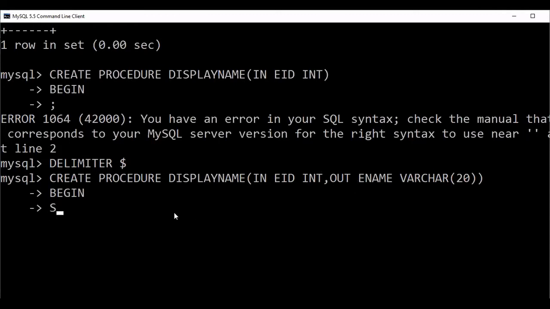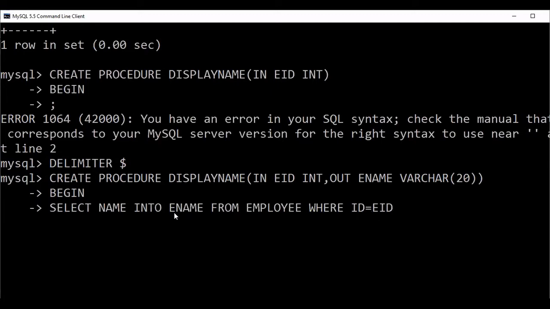Then the same statement, you write select name into this ename from employee, where ID equal to EID. Then end statement, then close the procedure.